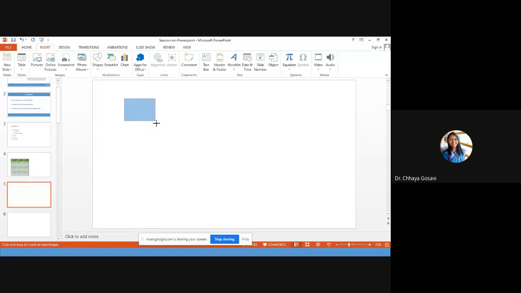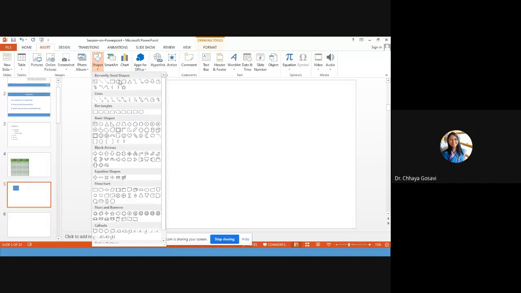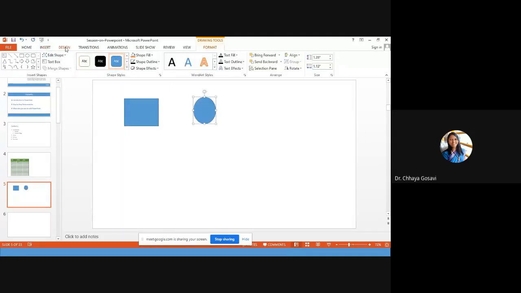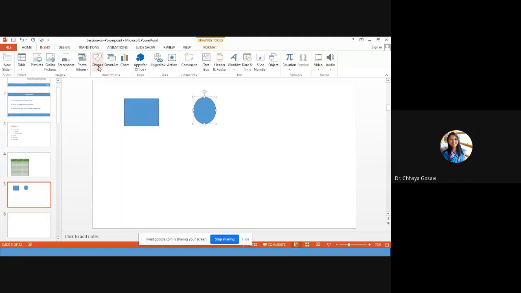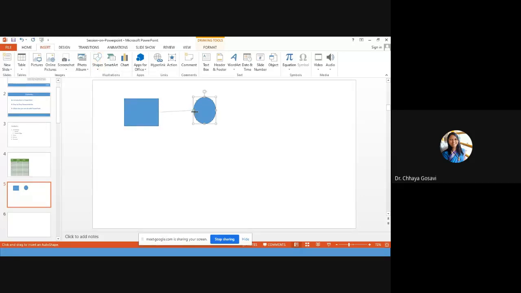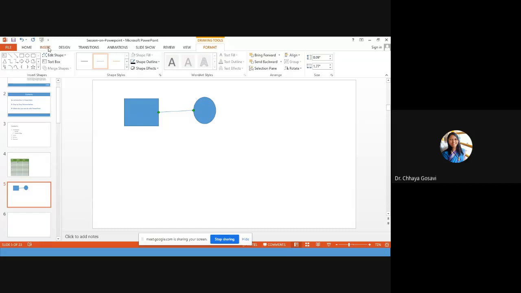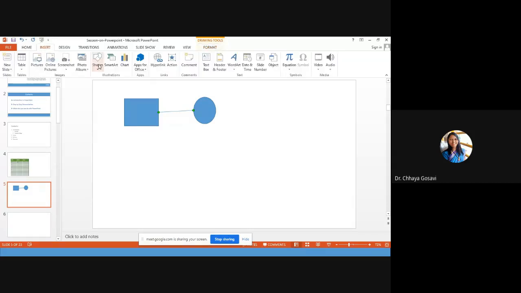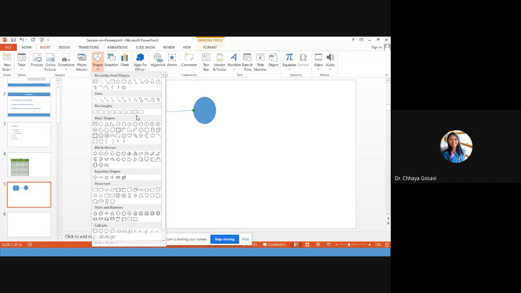So I can insert a shape like a rectangle, circle, any shape. There are n number of shapes. There are arrows like this. You can see flowchart shapes are also there, then stars and banners, and callouts.